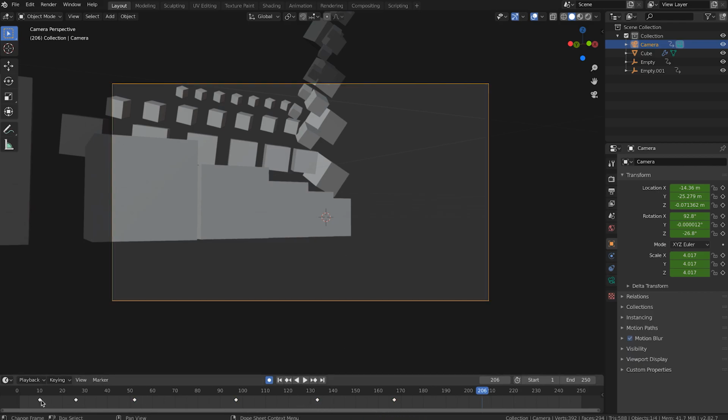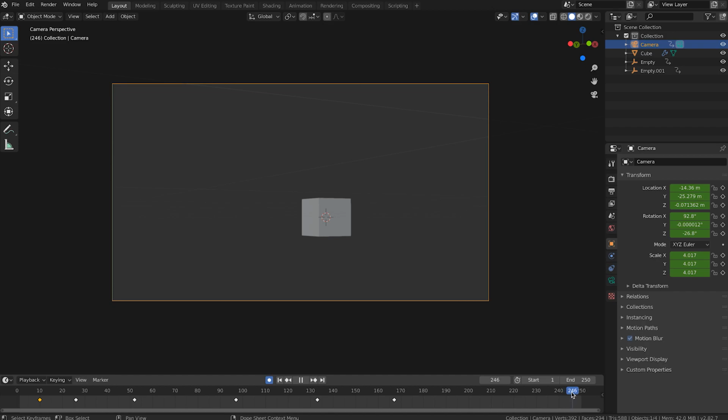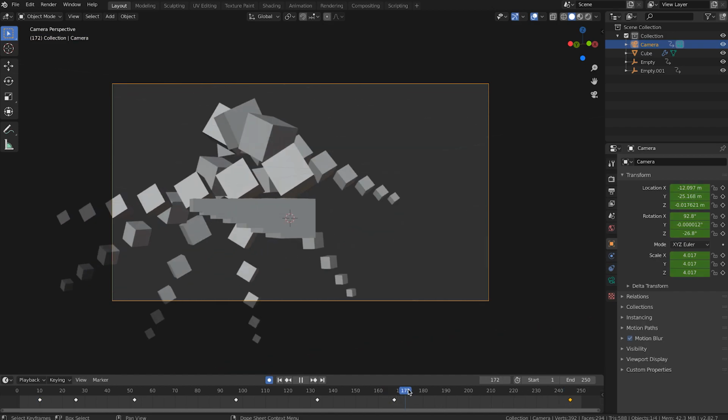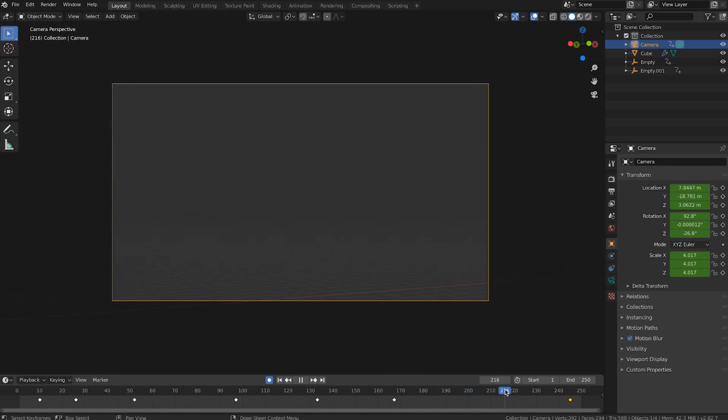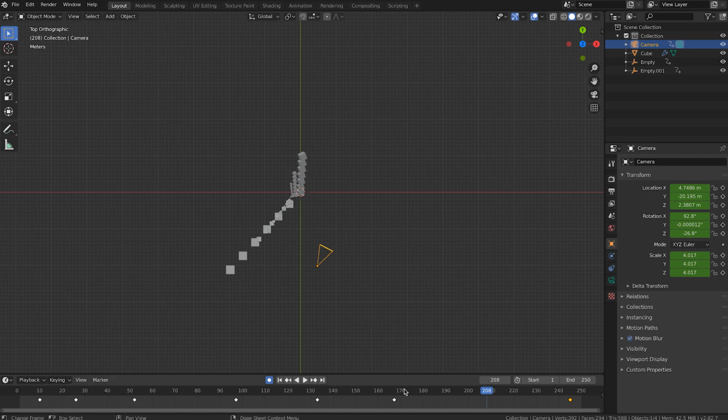Let's see. Well, the first thing I'm going to do is grab this first keyframe, copy it, and go to frame maybe 245 and paste that in. So now I need to figure out where my camera needs to go in between here. So let's look and see where it's going. So it's going that way,